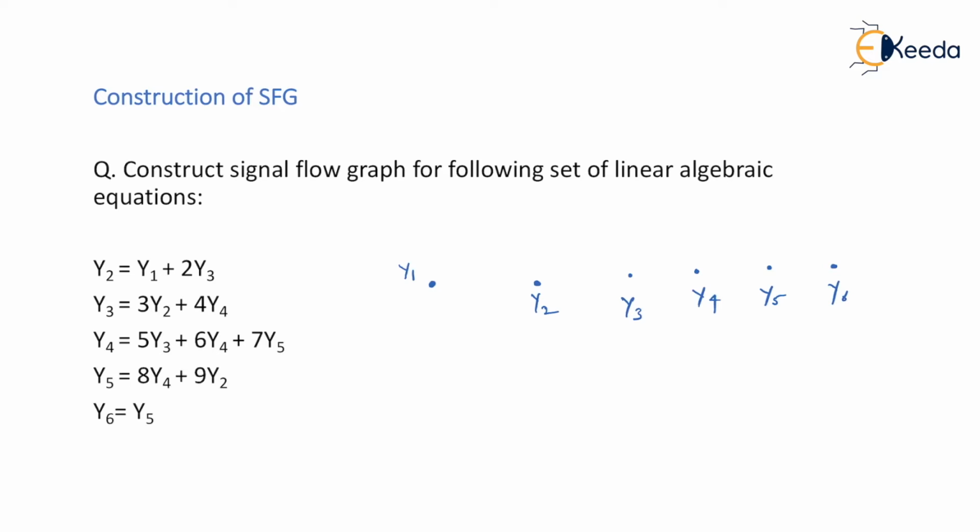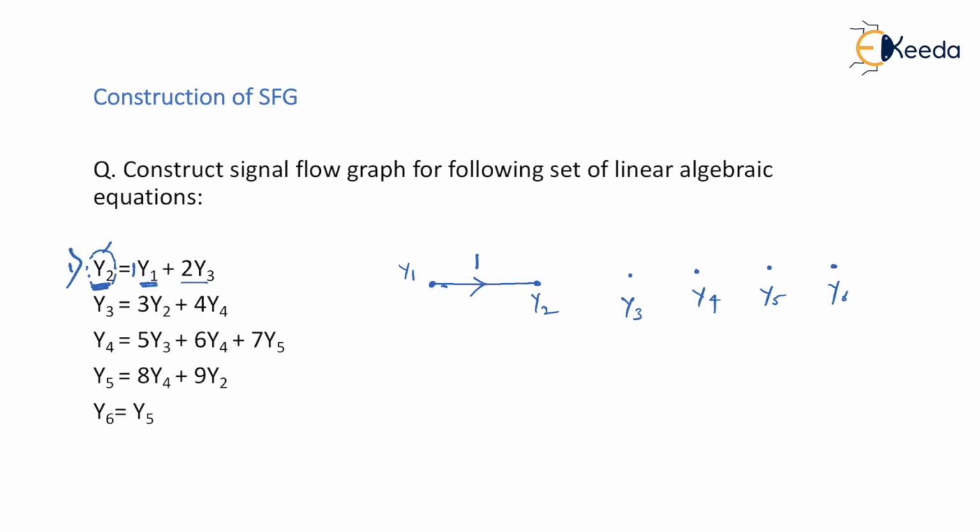So let's go for the very first equation, y2 is equal to y1 plus twice of y3. Right now, just ignore the y3 part. Look at this: y2 equal to y1. Then I'll draw a line segment between y1 and y2. As you can see, the coefficient is 1, so I'll show an incoming arrow with gain equal to 1 towards y2. Please understand, whatever is written on the left hand side becomes the receiving node, and whatever is written on the right hand side is a transmitting node. So in this case, y1 becomes transmitting, y2 becomes receiving.